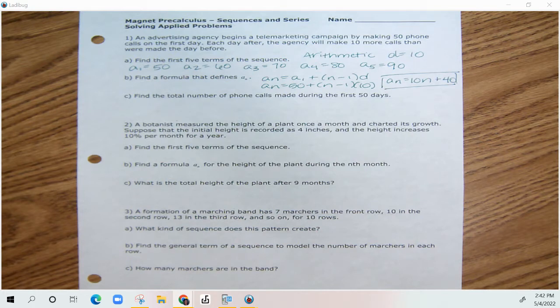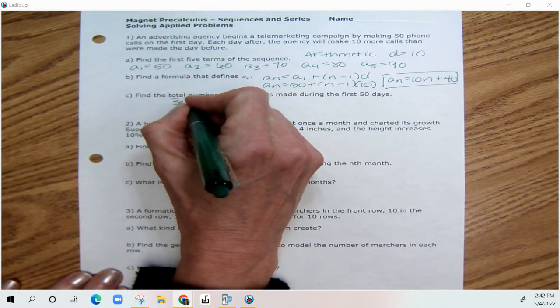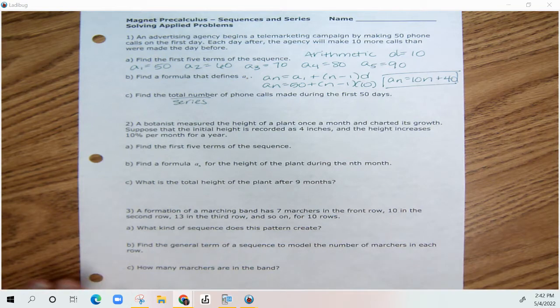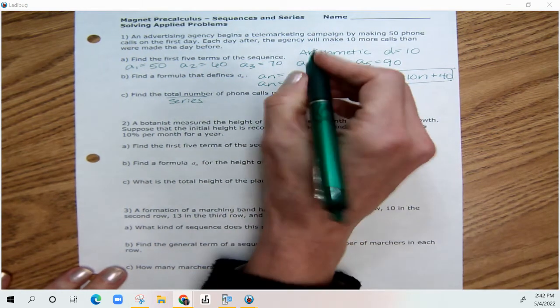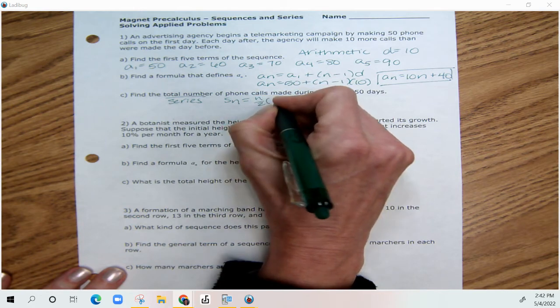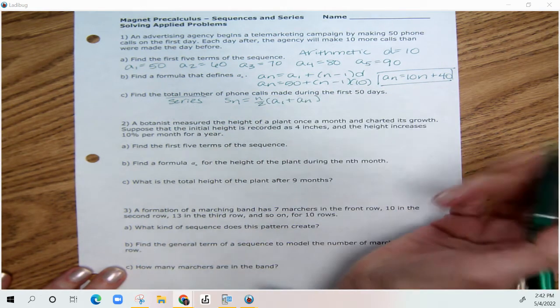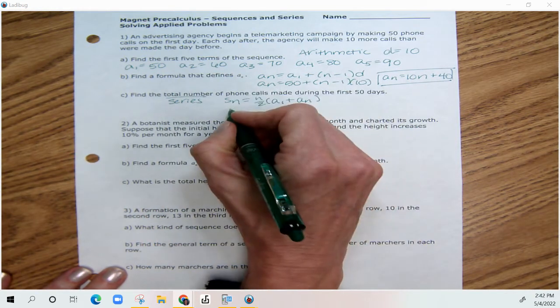So then part C says find the total number of phone calls made during the first 50 days. So total number would indicate that we're interested in the series. You can either continue to use the generic formulas, or you can try and incorporate the more specific nth term formula. The arithmetic series formula is S sub n equals n over 2 times a sub 1 plus a sub n. So if we're trying to find the total for the first 50 days, then we know n is